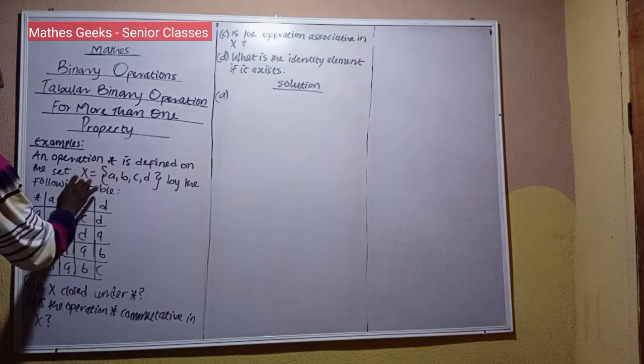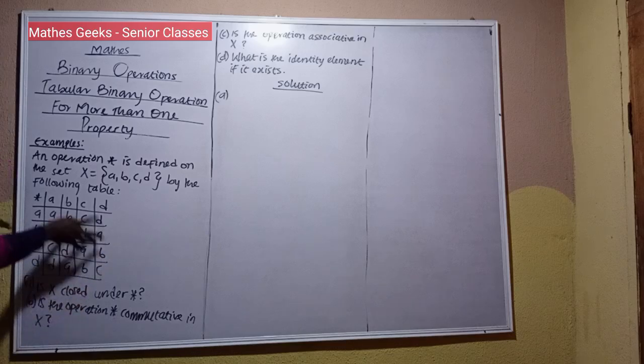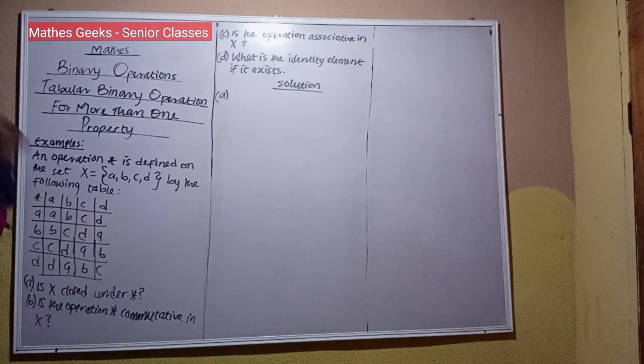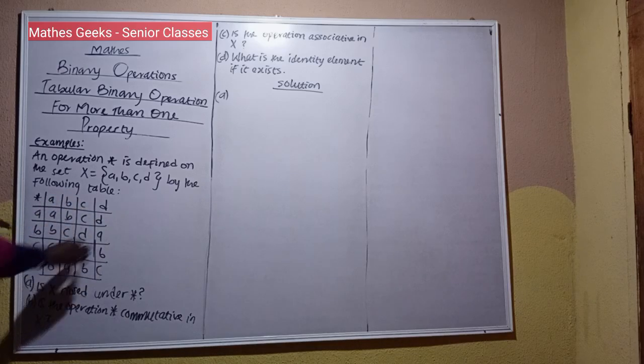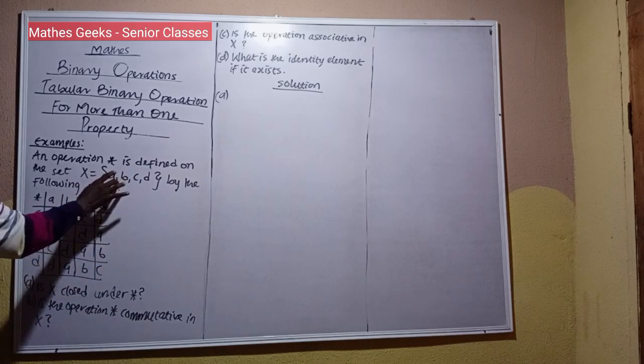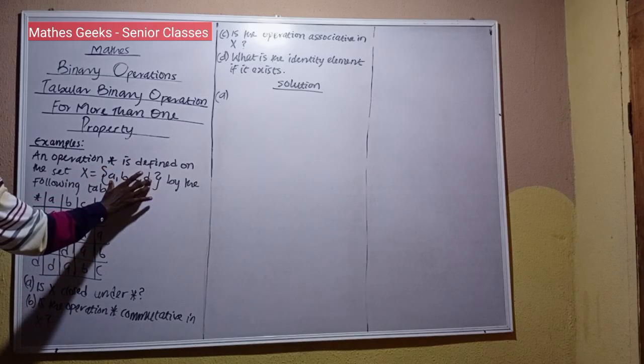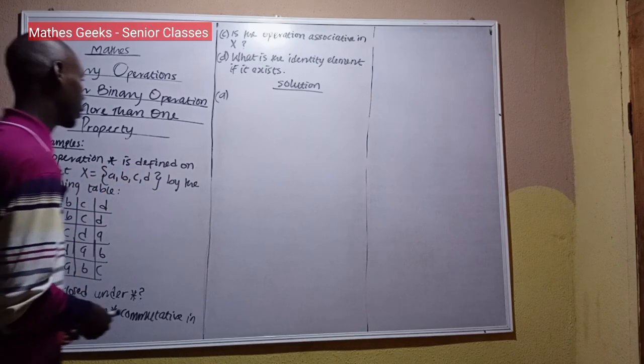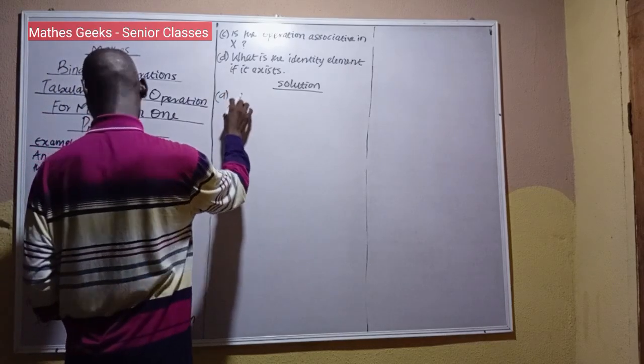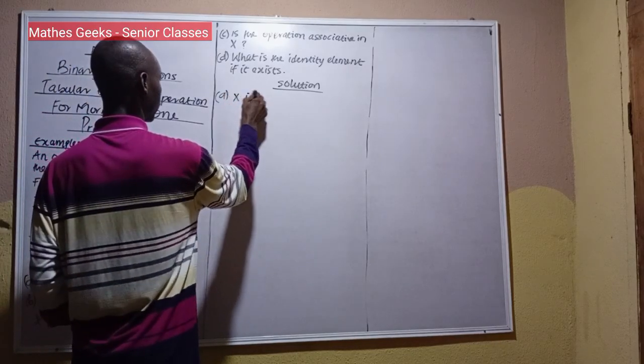These members of set X are A, B, C, D, and members of the resultant elements from this operation A, B, C, D, operation A, B, C, D. The elements here, the members here are all members of set X. None of the elements here is outside the range of set X. Therefore, we say X is closed